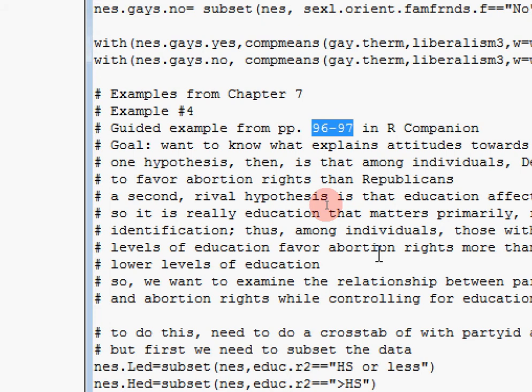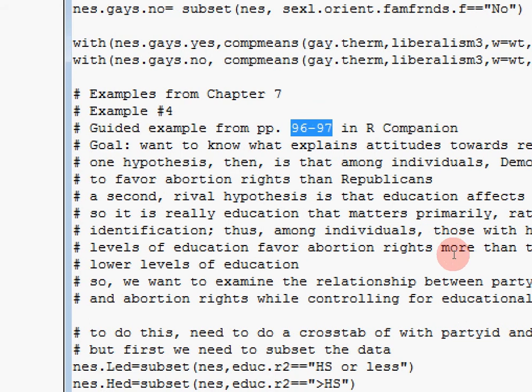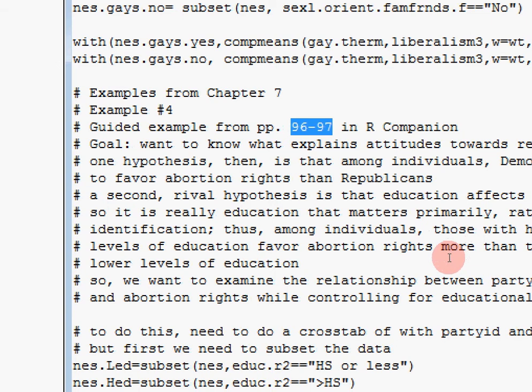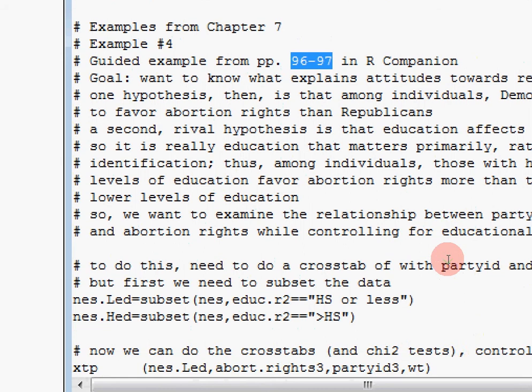So we want to examine the relationship between party identification and abortion rights while controlling for educational attainment. To do this, as before, we first need to subset the data. So we want to, as Pollock explains,